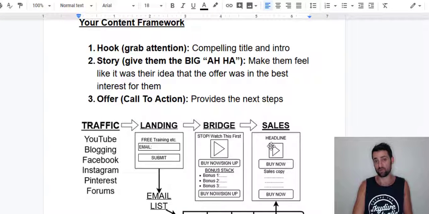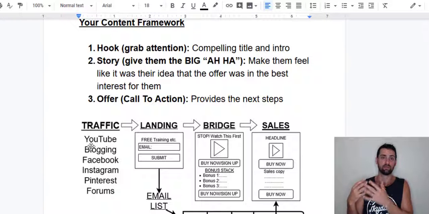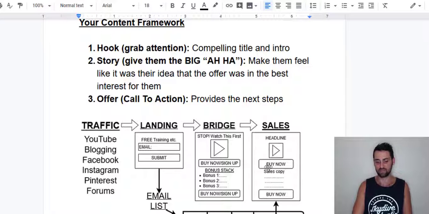Now, in some instances, that might be okay. Say if you were using a Facebook strategy, you're using your Facebook profile to filter people into a Facebook group. That's basically like an email list, and you can set up content within there that's pre-framing and indoctrinating them and giving them the hope and positive expectations and everything like that, and then you're sending them off to the sales page. But say you're creating content on YouTube and you're sending people straight to the sales page, you never get to know who actually looked at that sales page, who has shown interest in what it is you're promoting.